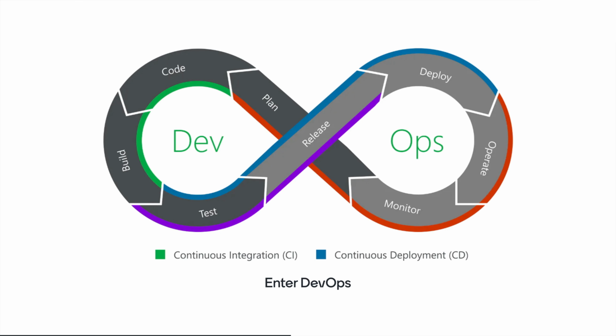To remove this friction and help the application evolve faster and provide value to its users comes the DevOps process or framework. This bridges the gap between the dev and ops teams and unifies them to work as a single unit. Each stage defined here feeds the input to the next stage, making the process smoother. There are additional stages introduced when we enter the DevOps realm. Code and build takes care of building the new feature with certain coding standards agreed upon by the team to make sure it's of high quality.